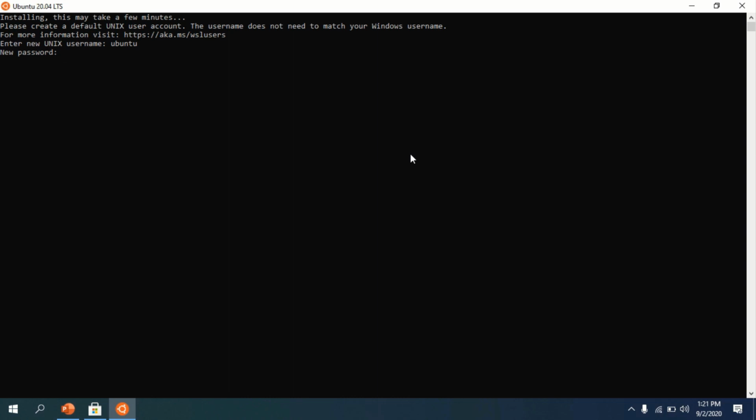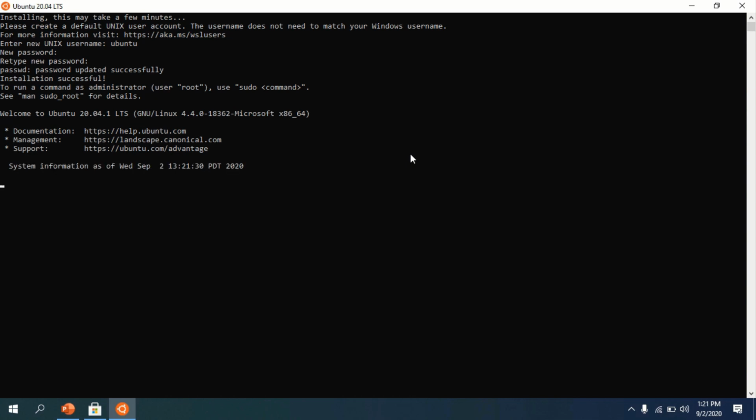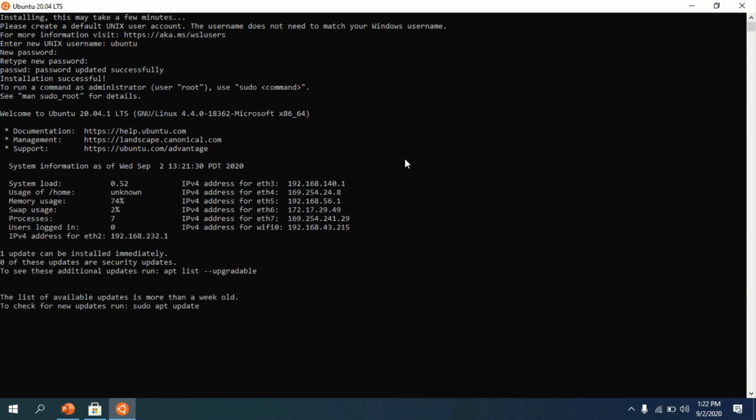Next, it will prompt you to create a new password and confirm the new password for the newly created user. After that, it will take some time for final configuration, and finally you will get the dollar prompt of the CLI, that is command line interface.